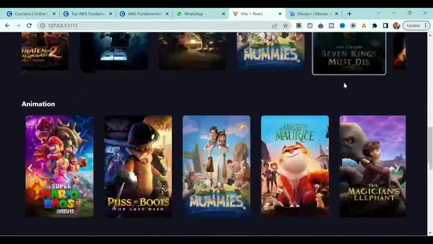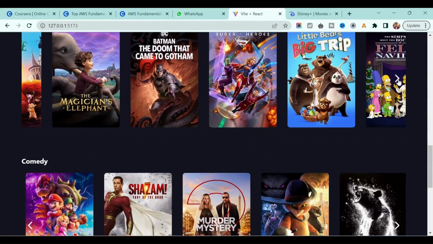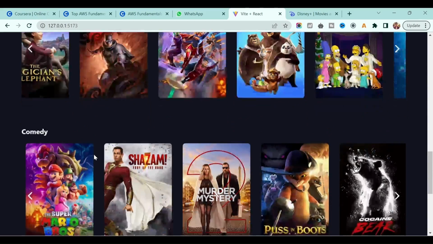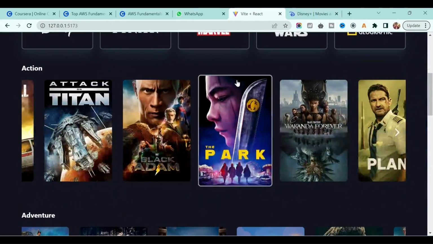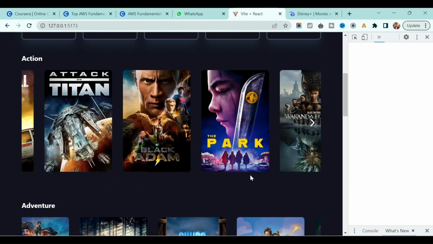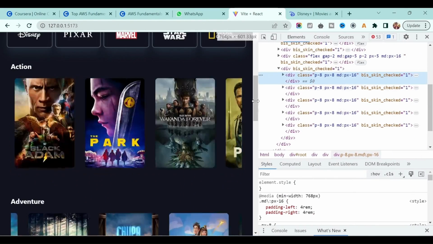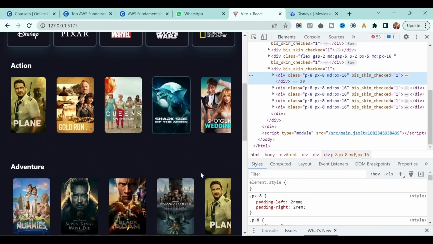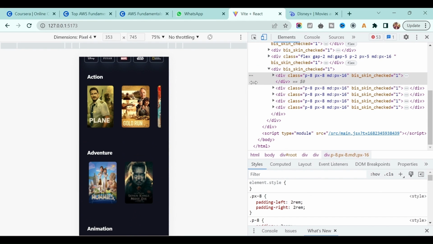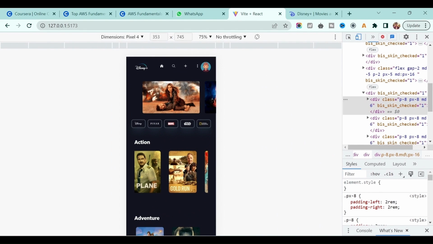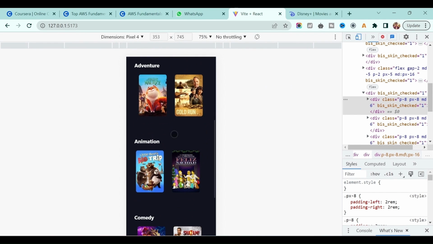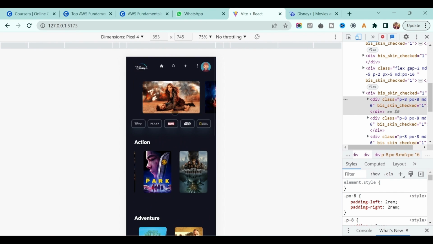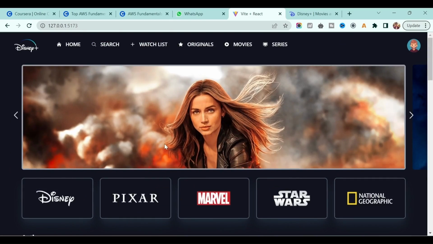So this is how easy it is to do the styling in Tailwind CSS. Okay, and let's see whether it works on a small screen. If I go to the small screen, I am hiding this particular arrow, because on a small screen you can move with the help of your fingers, right? If I am on a small screen, I can move like this. See, perfect. So I hope you understand this particular section.